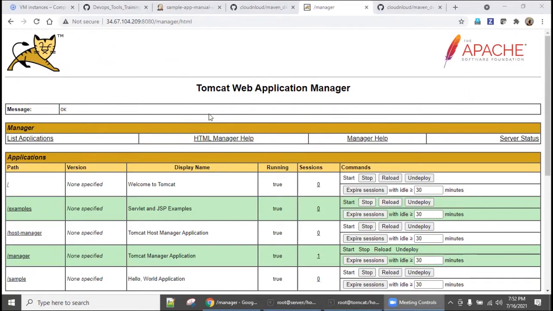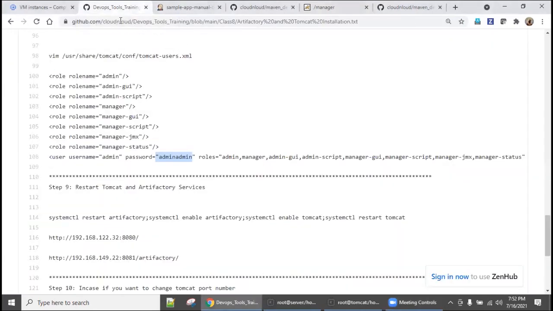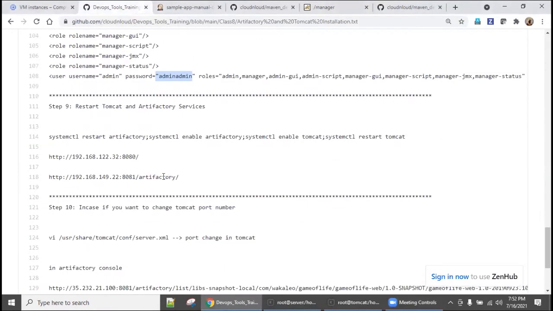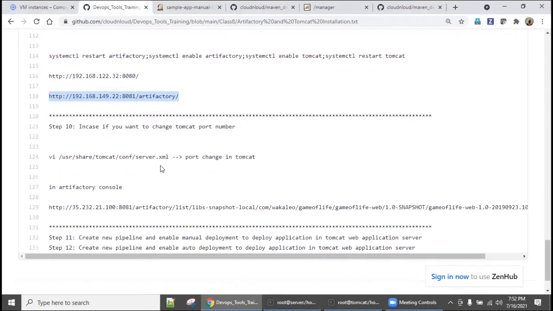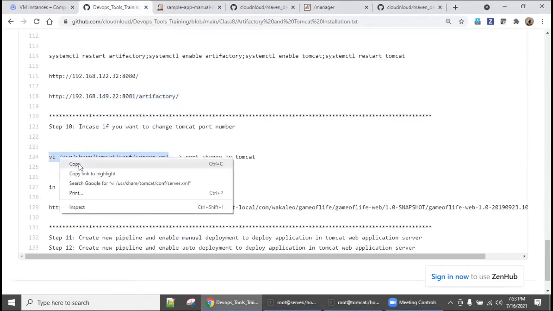So first we will go with the manual way of deployment so that you know what manual car driving is. Then we will go with automatic car driving, right? So go here, come down. Artifactory, we will see in the next class with detail on how to integrate. Now we will go with only Tomcat and deployments, right? One more thing we want to discuss: suppose you want to change the Tomcat port.